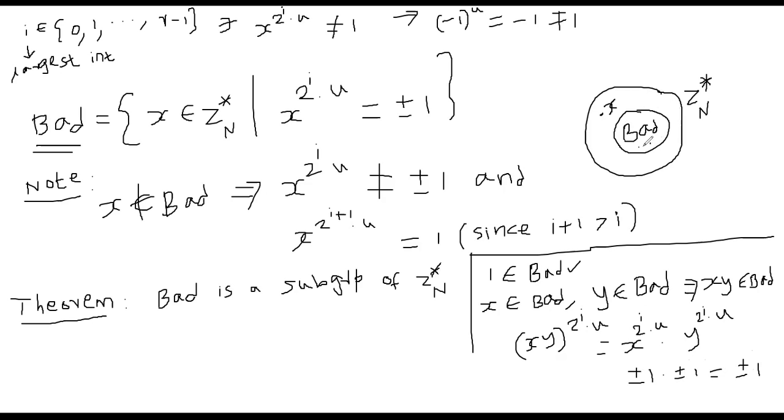We proved this theorem earlier: if you have a subset of a group which satisfies the closed property, and you prove that the identity element also exists, then that particular subset is actually a subgroup of Z star n. All right. And now the next theorem I need to prove is that the size of BAD is not more than half of Z star n, because BAD is going to be a strict subgroup. That's the next part of the demo. I will do that.